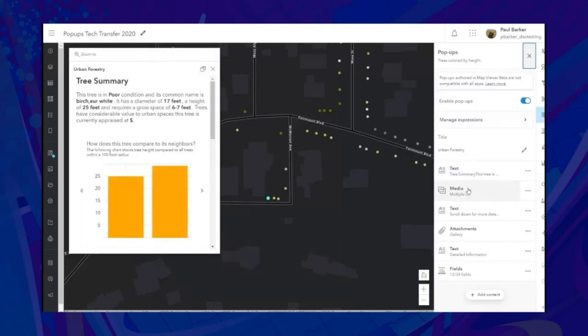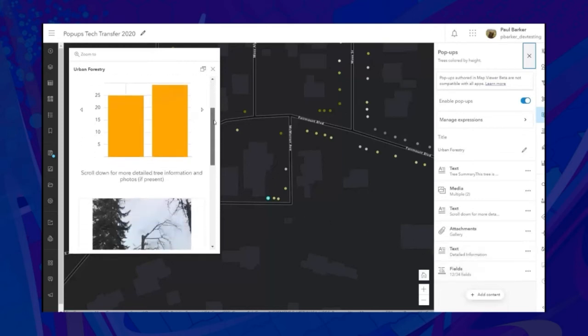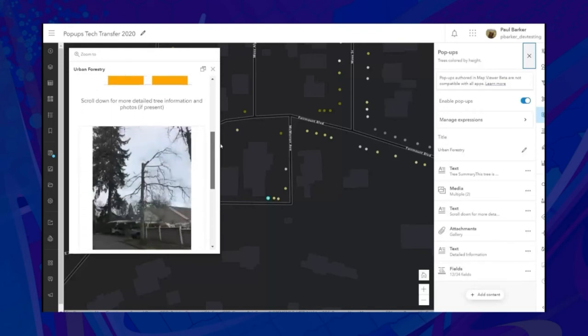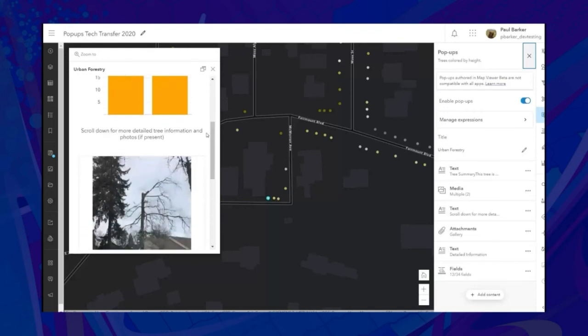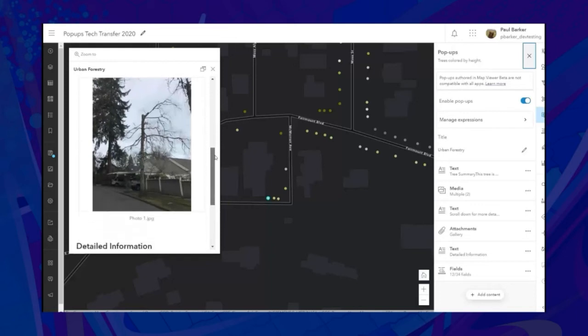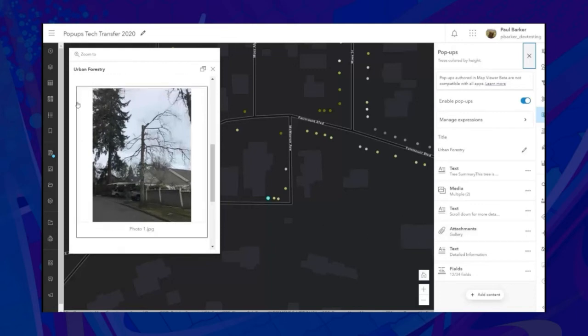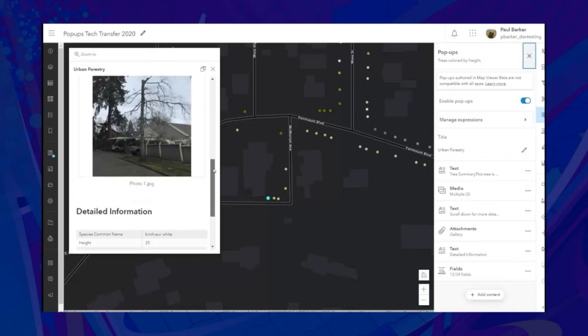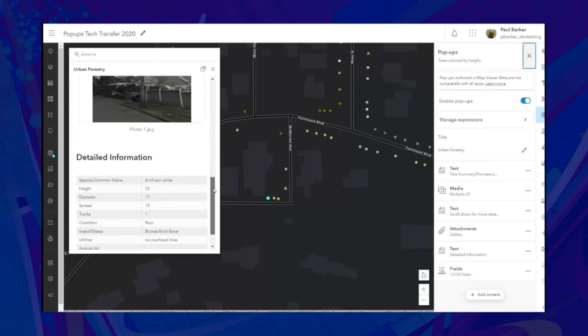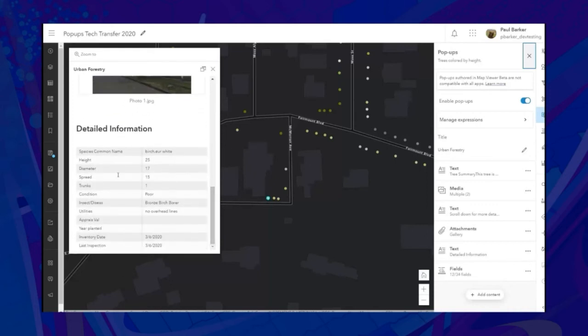So we've got a number of different content blocks here. We've got some rich text, we've got multiple sets of media, which is our charts. We've got more text, we've got a gallery of attachments if they're present, and a little bit of finalized text and some detailed information. So if we scroll down, we'll see all of those things. We've got our charts, we've got a little bit of text here to say, hey, there's more going on in the pop-up, keep scrolling. Then we've got our attachments. You'll notice that in gallery mode, we're showing those image attachments as full width. And then we've got a little bit of a header section here, and then we go into the